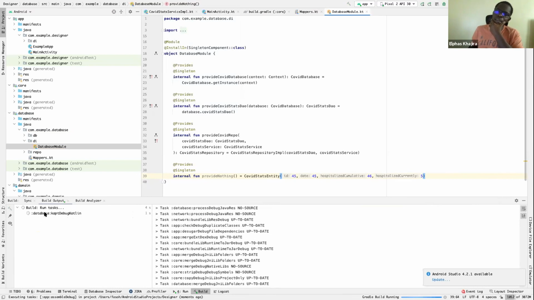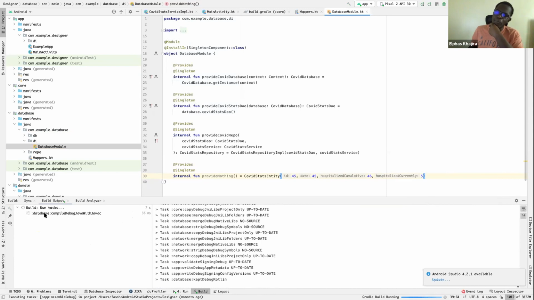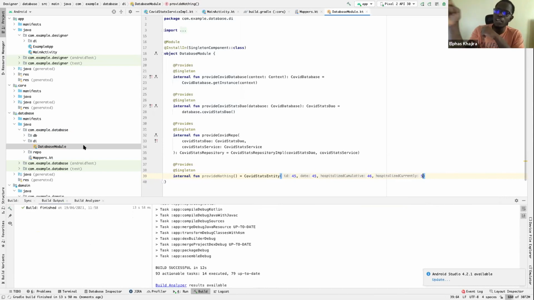It's app and data. The database module and the app module are the ones that are going to get recompiled afresh. It didn't go compiling all the other modules, only the ones that were changed and the ones that depend on them. So that's something to do with the build time. Also, when you have several people working on the same project, it's much easier for them to split tasks without much conflict and develop contracts around how they handle stuff.